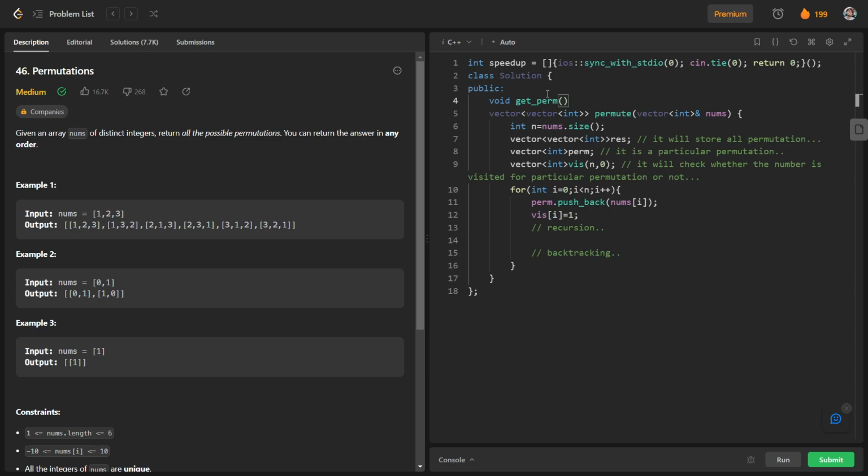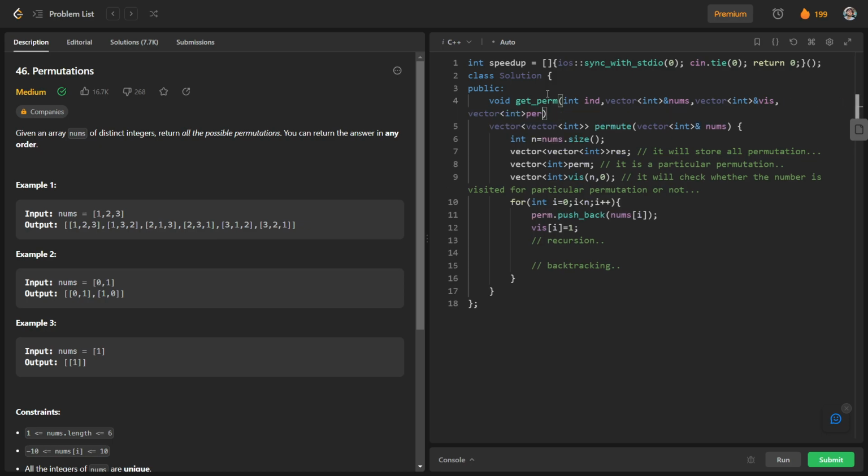So our parameters will be int, which is our current index, and vector of int nums, and vector of int visit, and it is again going to be passed by reference because we are going to update it. And we will have our permute vector.